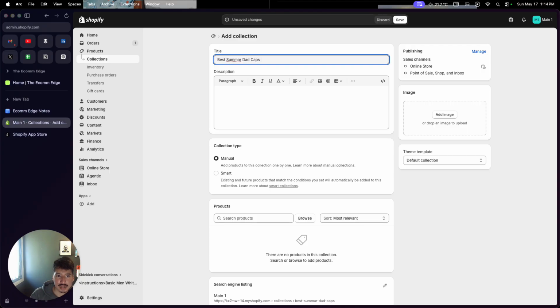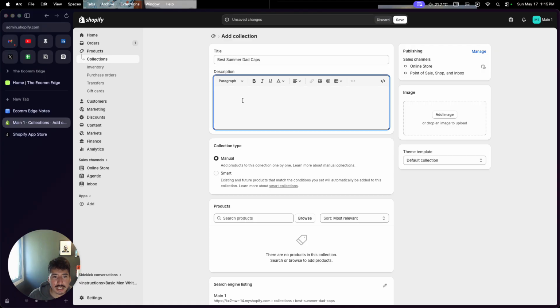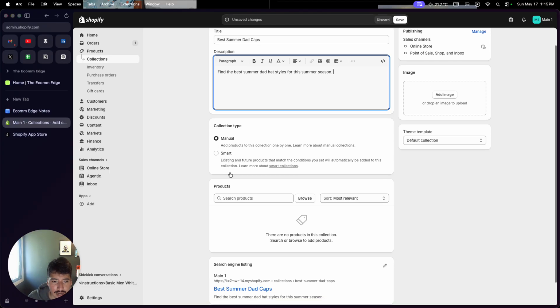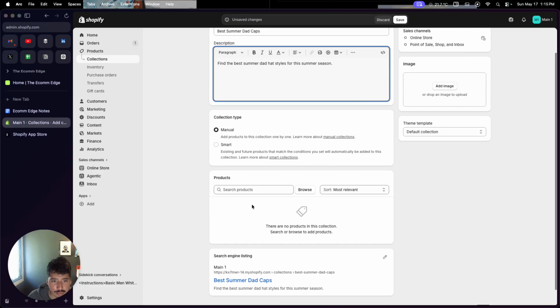caps. Oops. Caps, right? Best summer caps, right? We're gonna just write a description. There's no AI here, but let's say: find the best summer hat styles for this summer season, right? And then from here we'll just upload. Oh well, I will need to upload the products, so